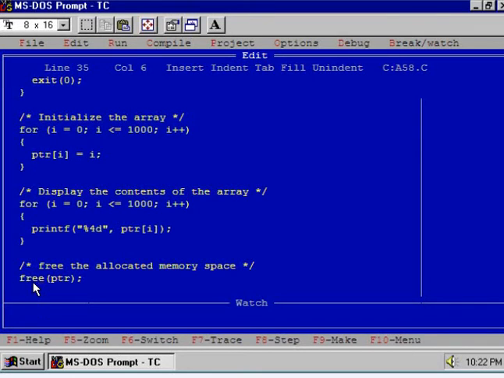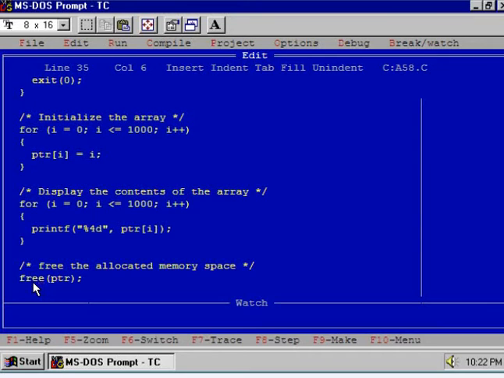The job of this function is to free the memory allocated by calloc or functions like malloc, etc. Before the end of the program, you must free the memory allocated by calloc or malloc. So there are two functions.